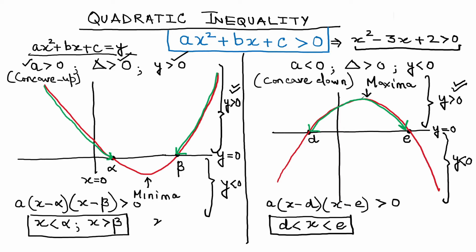So you already have the answer if you could find out the roots, and once you find out the roots, you say this is nothing but x minus 2 into x minus 1 is greater than 0, and you know the answer now, and the answer is x is less than 1 union with x is greater than 2.